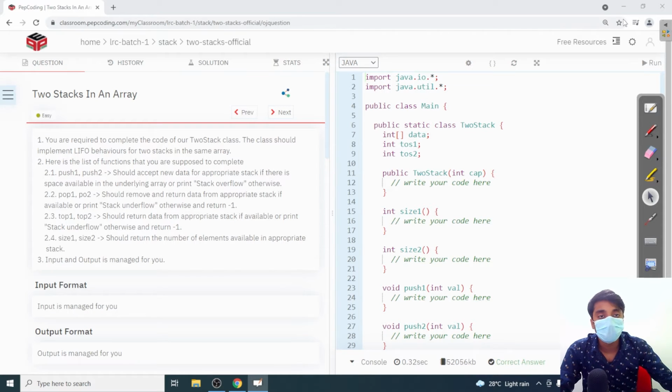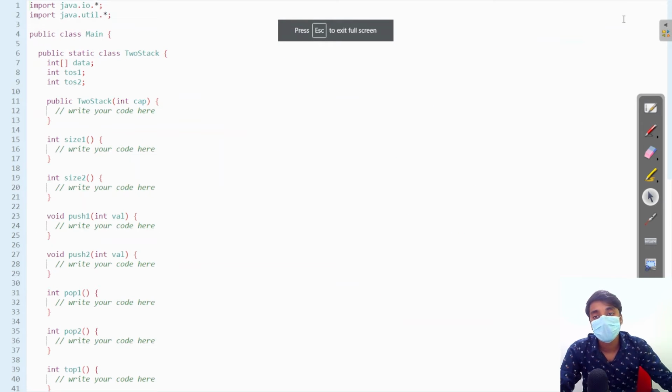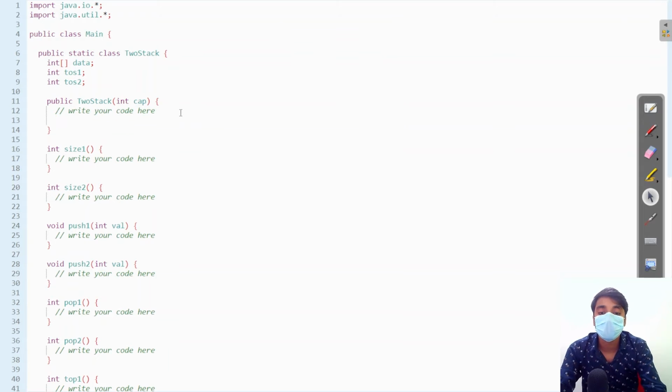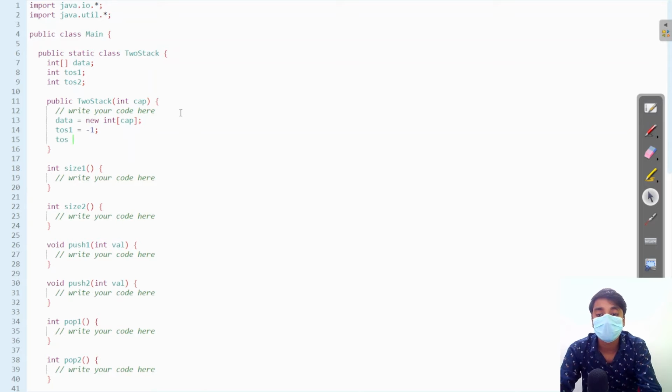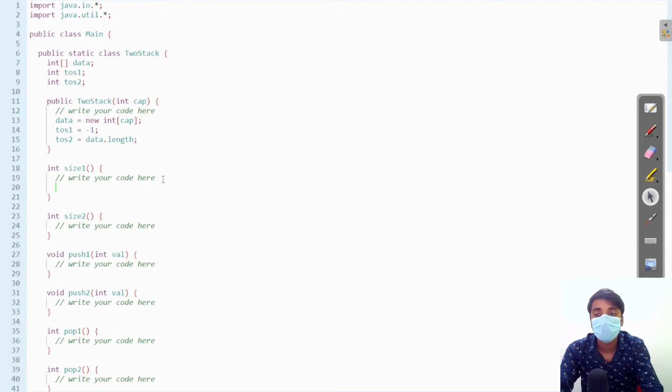Let's see by coding it. So first we have to initialize our stack. The data array will be of capacity length. Now tos1 will start from -1, tos2 will start from data.length. The size1 will be tos1 plus 1.